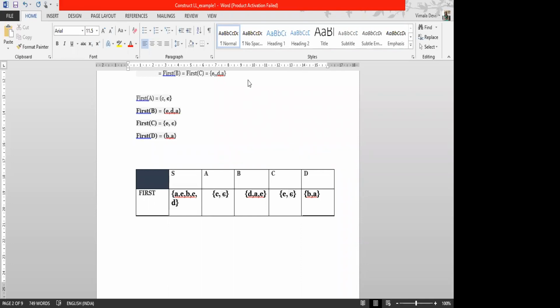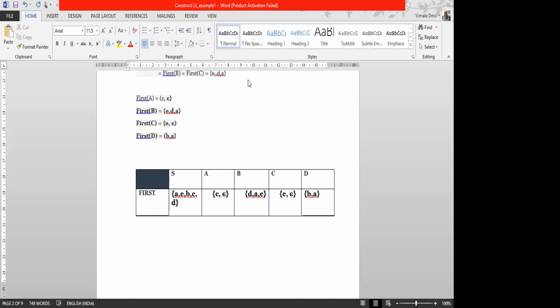Shall we recollect the rules? While finding the first set, the first rule is that first of any terminal symbol is the terminal symbol itself. If the variable produces epsilon directly, then the first set of that variable contains epsilon. This is the second rule. And the next rule: if a variable indirectly produces epsilon, it means on the right hand side